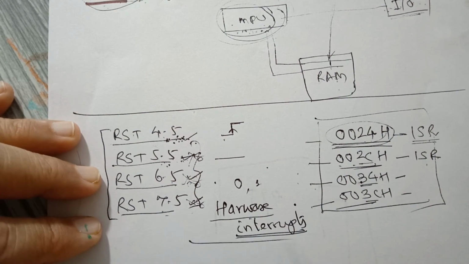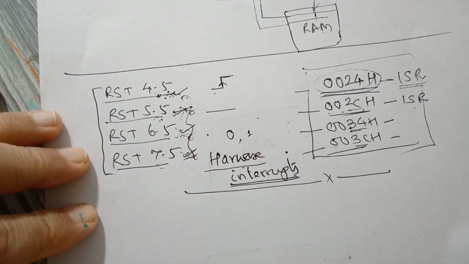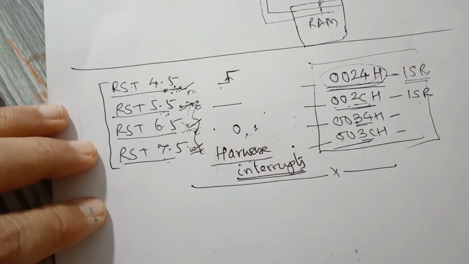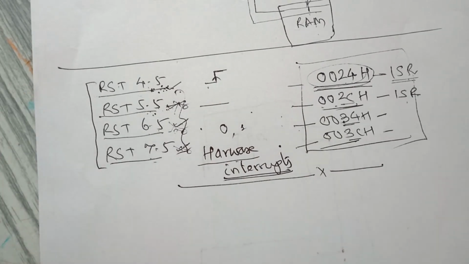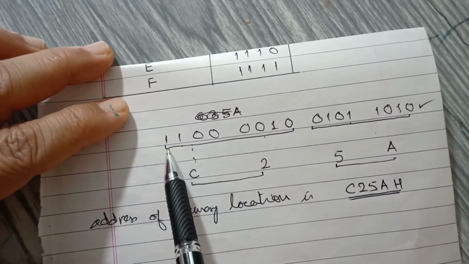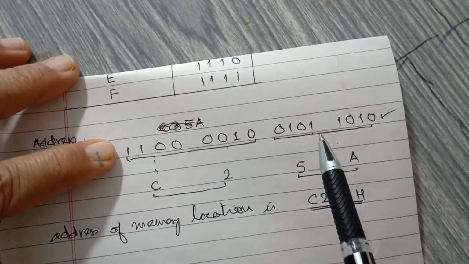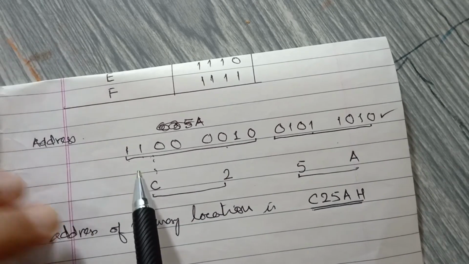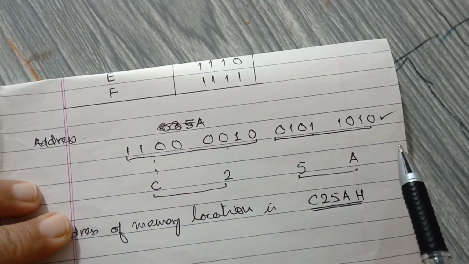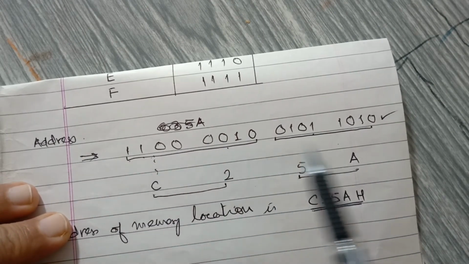So before concluding today's lecture, I want to give one assignment that is very essential, because I want to express a 16-bit memory address, right? Look at this. So this is 1100001001011010. Look at this, 8-bit and 8-bit, total 16-bit. Now this address, if you wish to write, you will have to write 16 digits here.